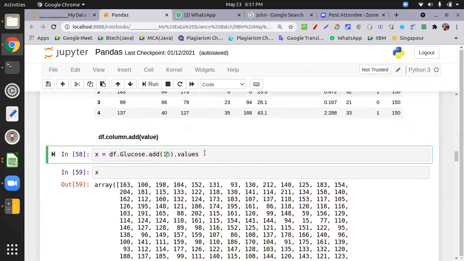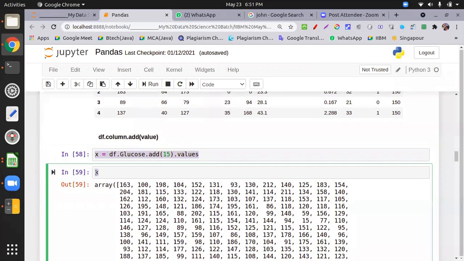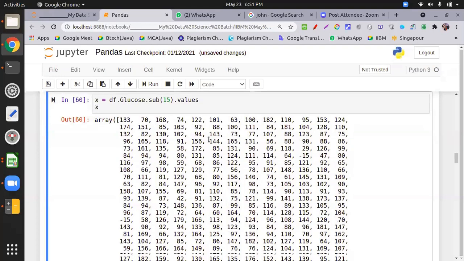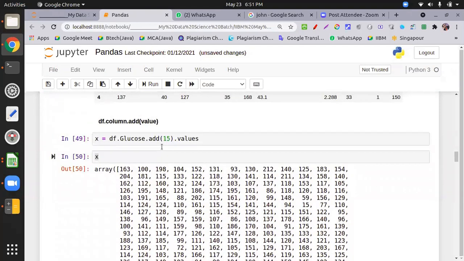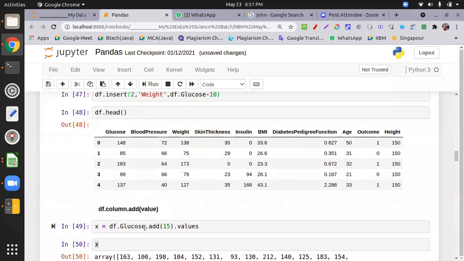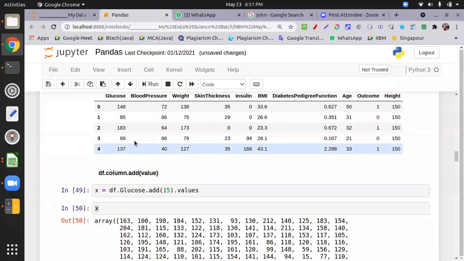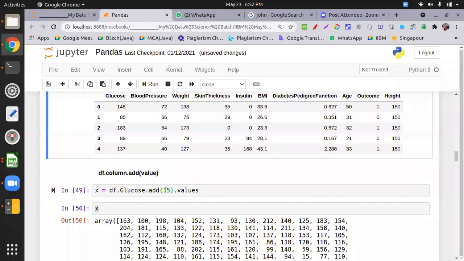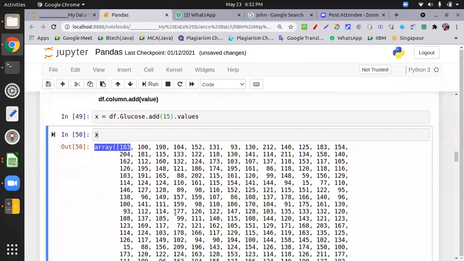So I add and convert into NumPy. This shows you the NumPy values in list format. The first glucose value is 148 plus 15, which is 163. 8 plus 5 is 13, we carry 1, 4 plus 1 is 5, plus 1 is 6, and 1. So 163 is there.